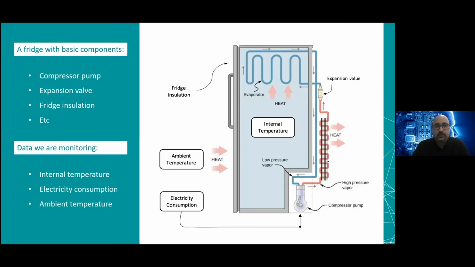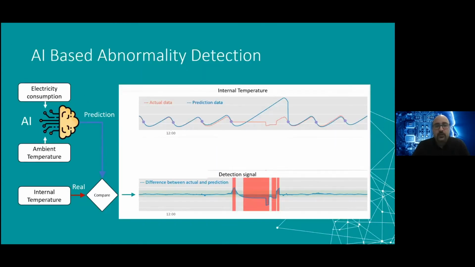All this information is collected, and we ran the system for several months, and we found a good pattern or abnormality detection method that we used to be able to detect faults with 2 factors that we can read from the sensors. For example, here we're reading electricity consumption from the fridge, and we also have the ambient temperature in the room.